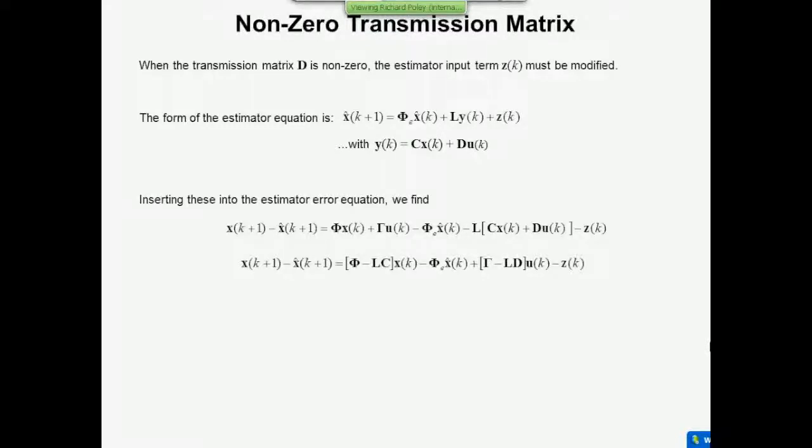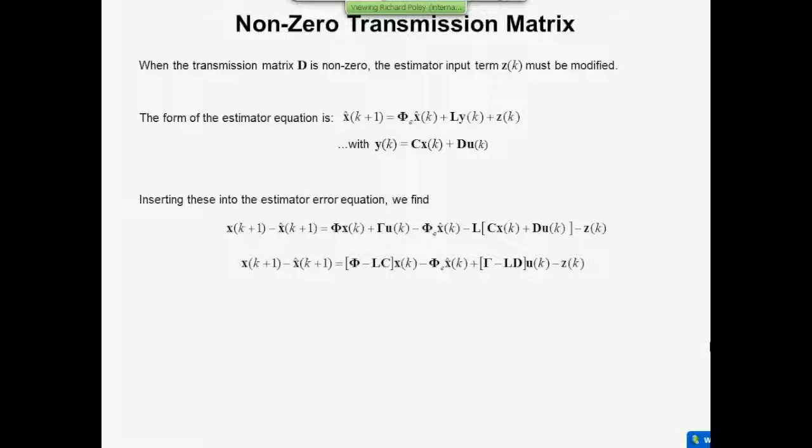And we go through exactly the same steps as we did before. We subtract the estimated from the actual state in an attempt to make a nice stable estimator error. And the only thing that's any different now is that we get gamma minus LD times u, rather than just gamma u. There's an extra LD term that appears over here.